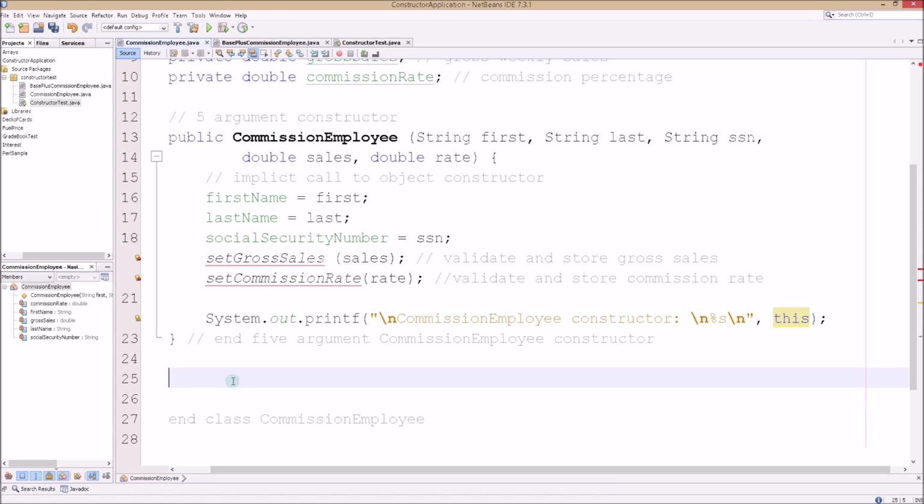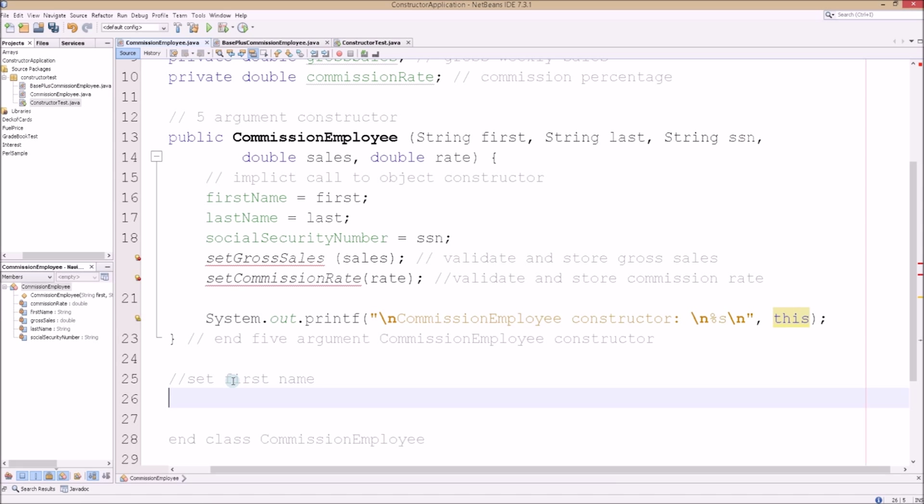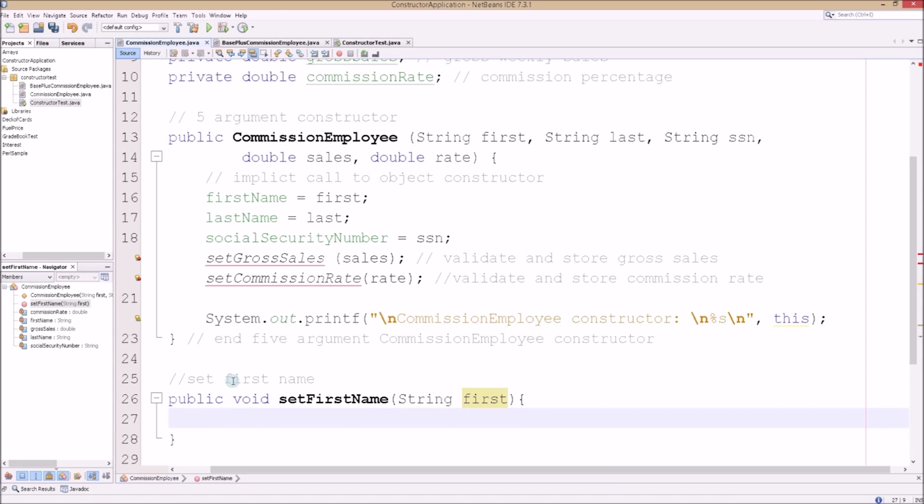Now let's focus on our set and get methods. And we're going to set first name. This is a bit tedious, but stay with me. Public void set first name, string first. And of course, opening and closing brackets. And in this method, we're going to do first name equals first. So we're setting first name equal to first. And we're going to end